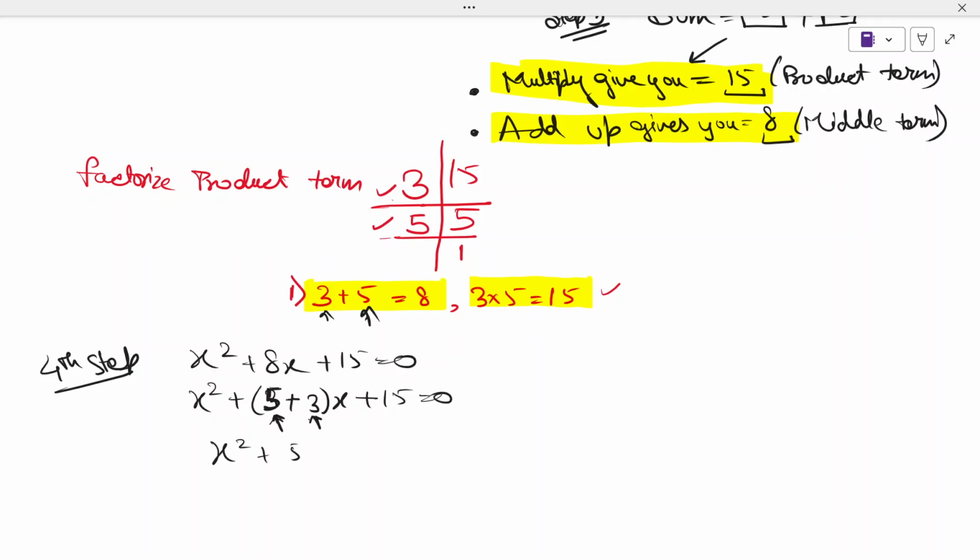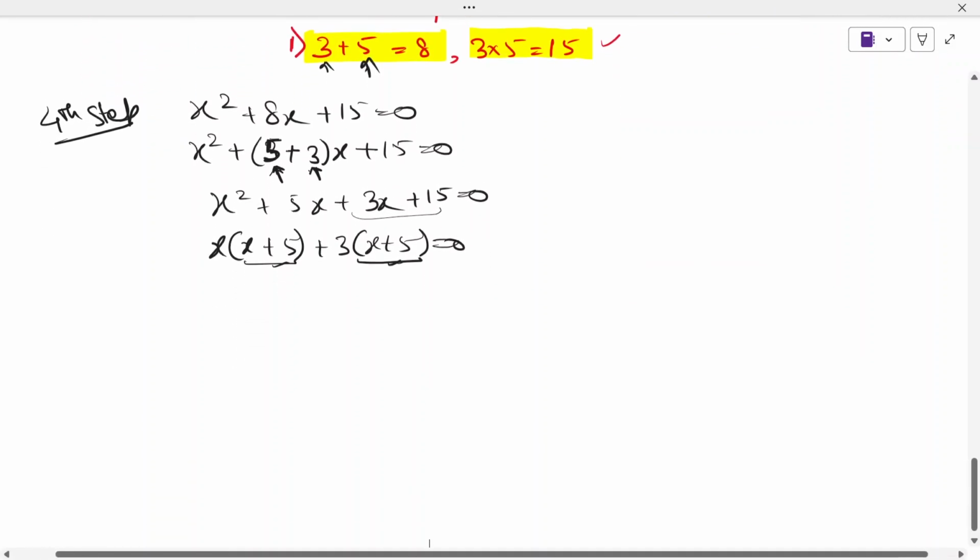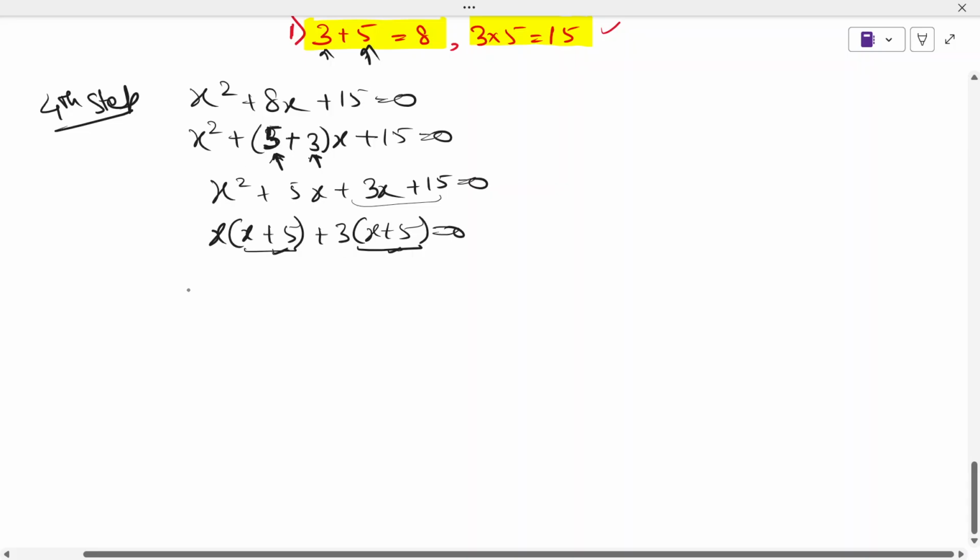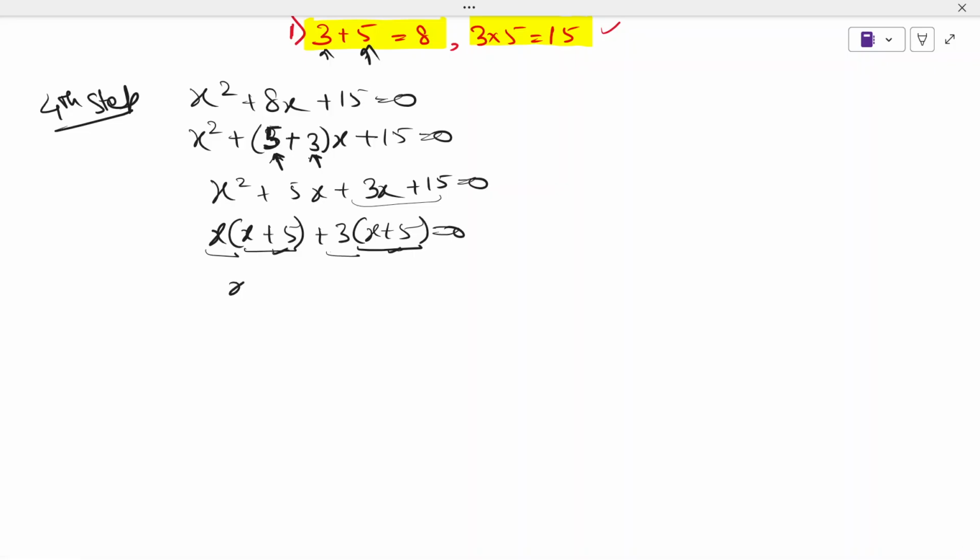Now take x common, x plus 5. Now here we are taking 3 common. We are trying to make these brackets common so that we can pull out a single common factor. x plus 5 is a common factor, so that a single factor can be pulled out. Now the other factor is x plus 3. x plus 3 and x plus 5 are the two factors